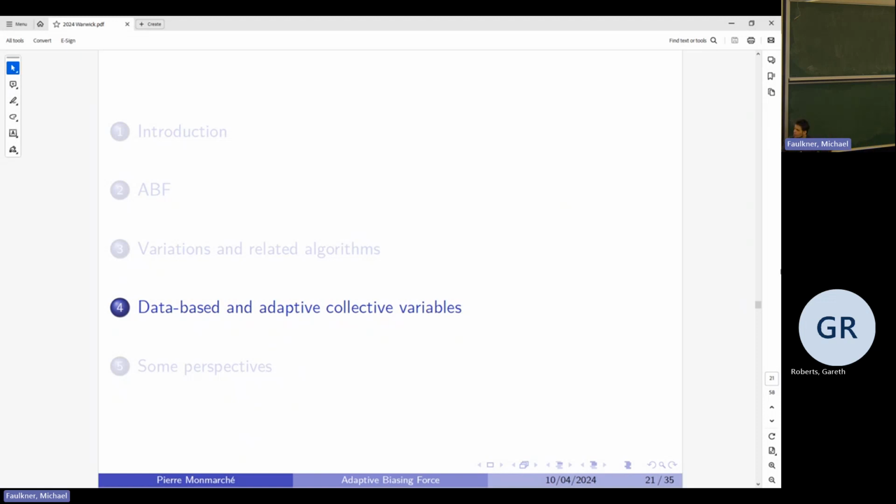Okay, then we can. So of course, all the problem here is how do you find collective variables? Initially, this was developed for molecular systems where people had some chemical or physical intuition of what was going on, where the modes were, what was the important coordinate to look at. And over the last 4 or 5 years, of course, people have started to try and learn collective variables with data,